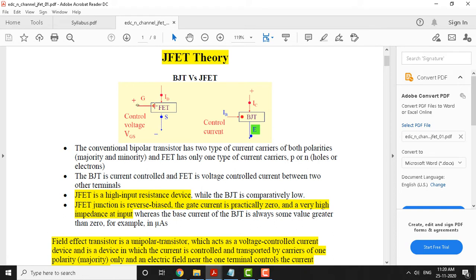Current of the order of nano amperes may flow at the gate due to leakages. So, that can be neglected, but here the base current is in micro amperes. Okay. So, this current cannot be neglected, because there is a constant drop at the base.